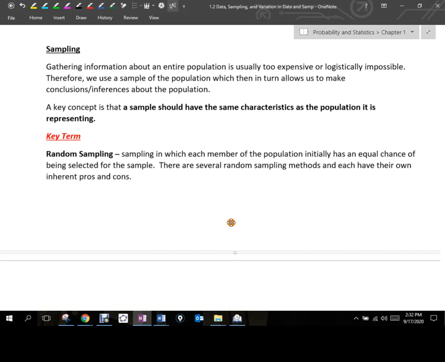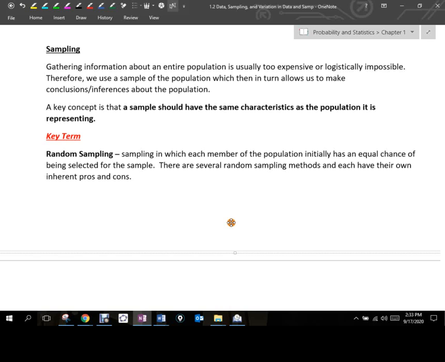Now, think about this. If I want to know something about the entire school population, would this class be a good choice to sample? Why not? Say again? Okay. So you guys all share similar characteristics, right? You're juniors and seniors. A lot of you are taking college credit, so you have a very similar set of characteristics that distinguish you and make you different from the entire population, right?